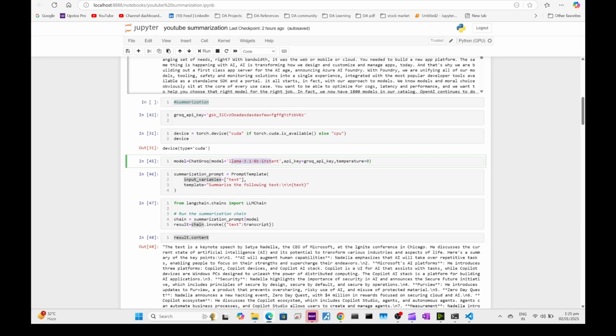And instead of using this API, alternatively, you can download this 8B model directly from the web if you have the necessary resources in your system. Here we are using the APIs, and